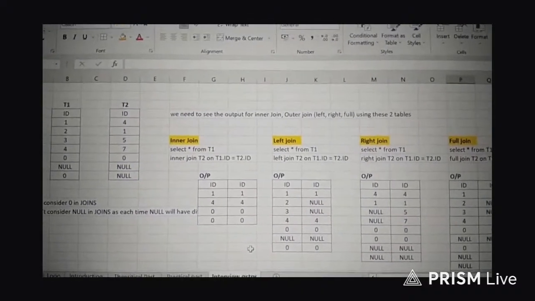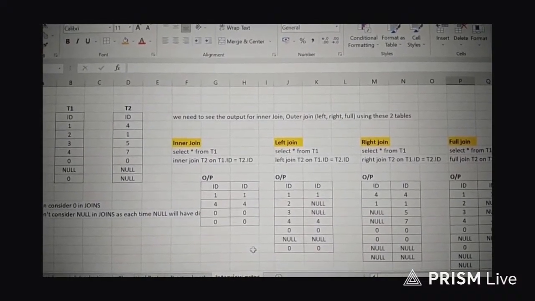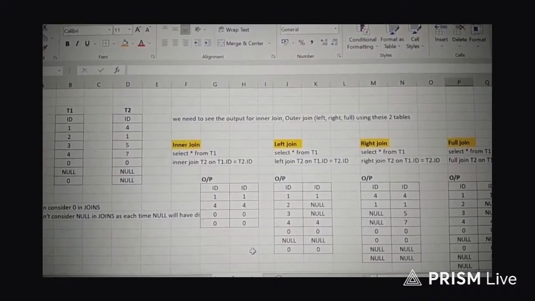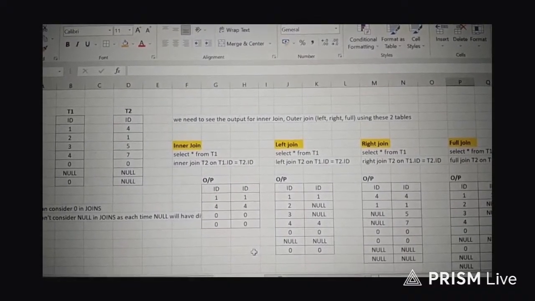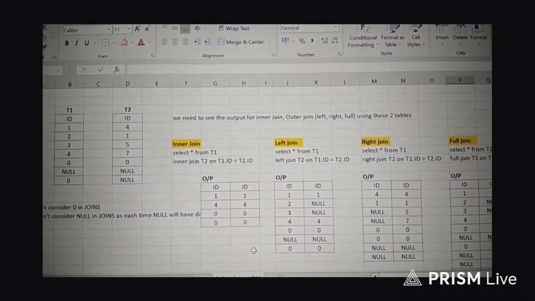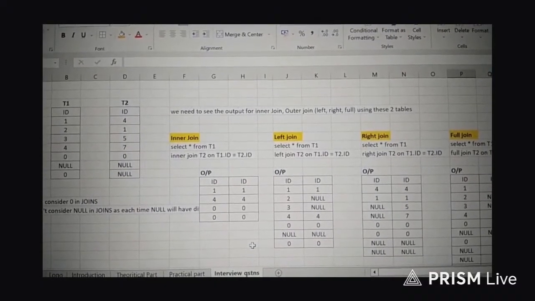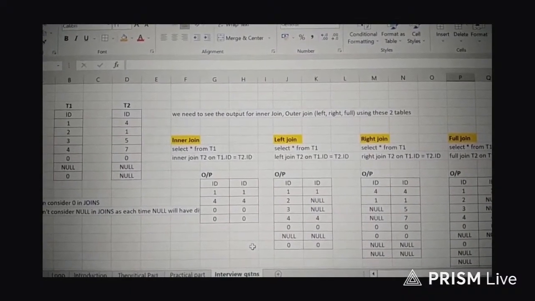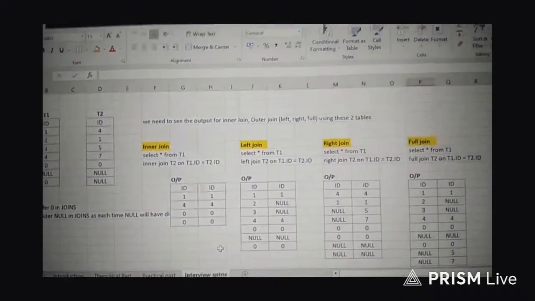Now let's move to right join. We can see the inner join output in right join. Other than that, the mismatch records in the T2 table we can also see in the output, and of course we will not be having any matching value for those mismatch records, so we will see a null value against the T2 mismatch records. Again, I am telling, in the output, the first ID column belongs to the T1 table and the second ID column belongs to the T2 table.